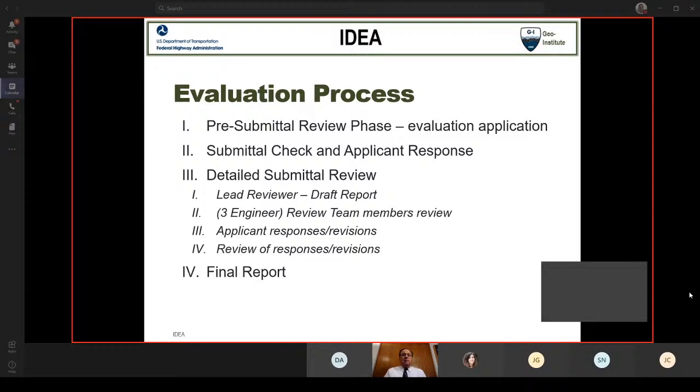Jim touched upon the evaluation process, a four-step process. So the initial first two steps are really making sure that all the information has been provided. We're ready to move forward, that we have a protocol that's applicable in step one, and then we'll move forward. In step two, the lead reviewer takes a cursory review of the submittal and really is looking into areas that,